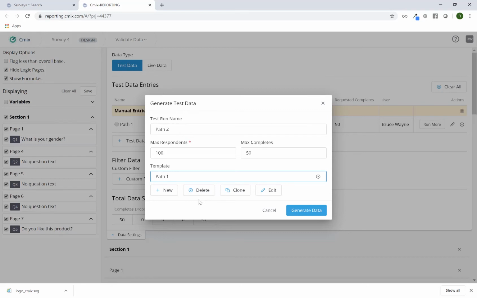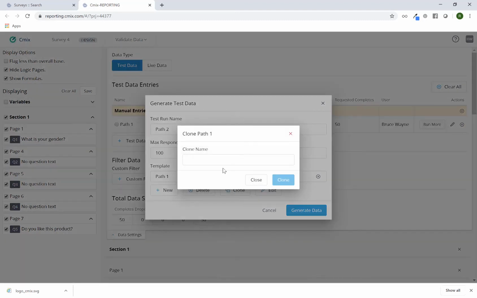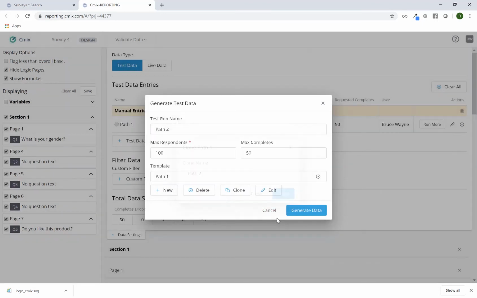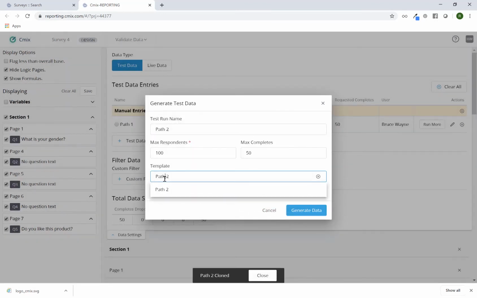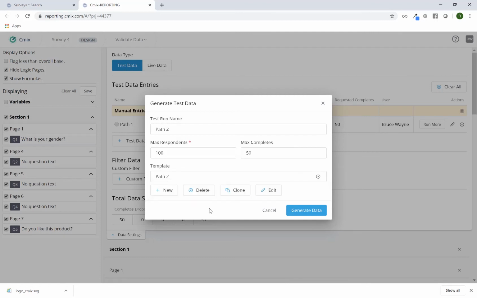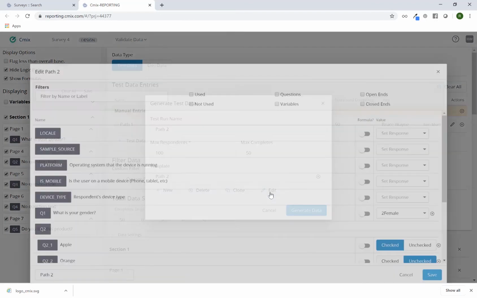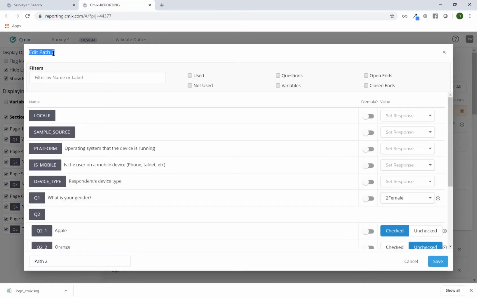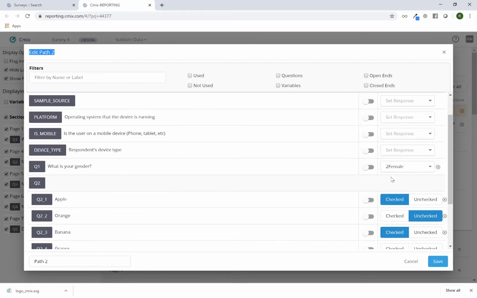If a lot of those answers are going to be the same, I can now click on clone, name it path 2 as an example, hit clone. Now I'm in the path 2. And I now have the option to click on edit. So now to confirm I'm on the path 2 template, I can go in and change some of my